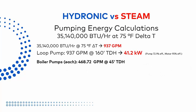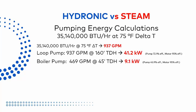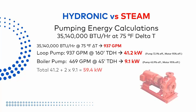Each boiler pump will move half of the total system GPM because, of course, the system is designed to run 2 boilers to meet the load. The same calculations apply, and using a pump efficiency of 45.9%, we arrive at 9.1 kW needed for each boiler pump. So, to sum up, we require a total of 59.4 kW to run the main loop pump and the